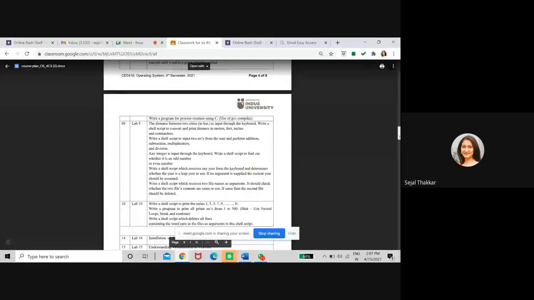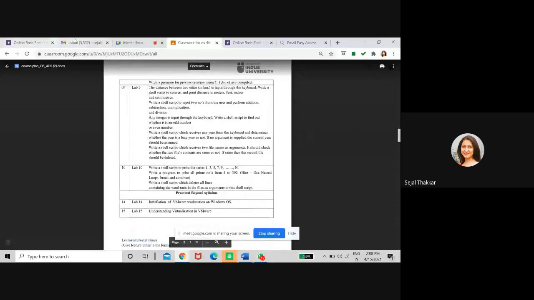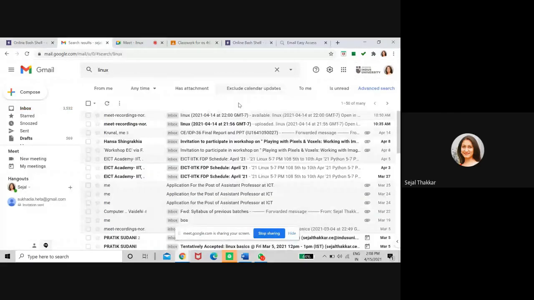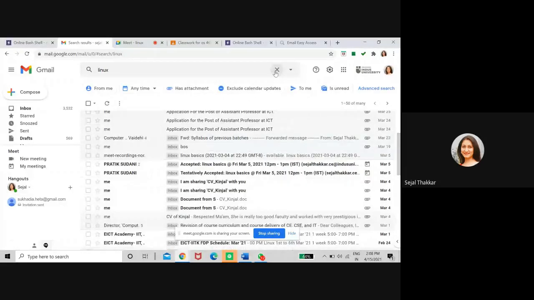Now, the second thing I want to show you is that I already shared one video of Linux in which I have explained the PPT of loop. Plus, I have one old lab manual of OS in which I have explained all the practicals.